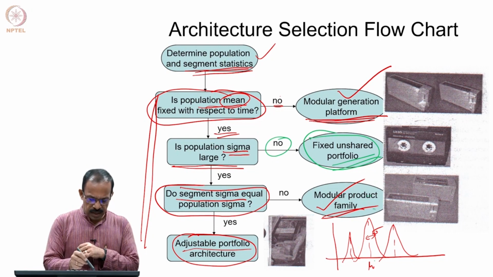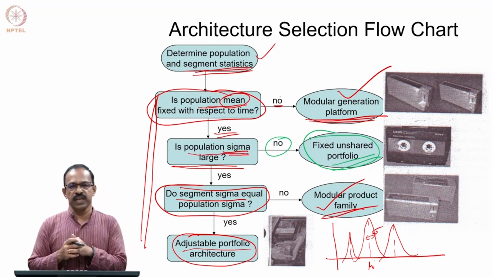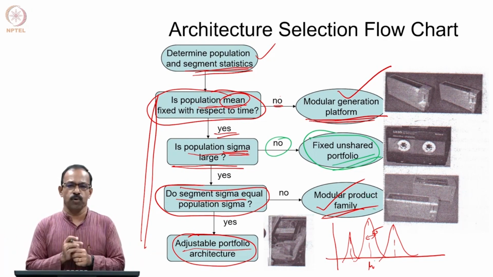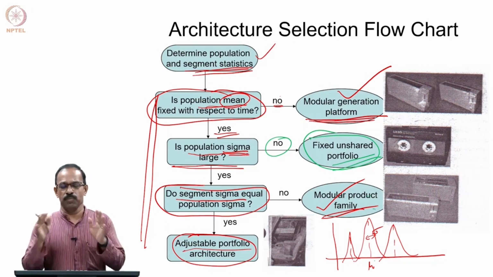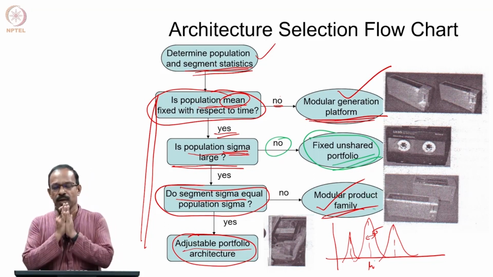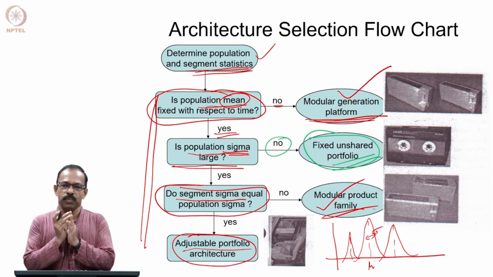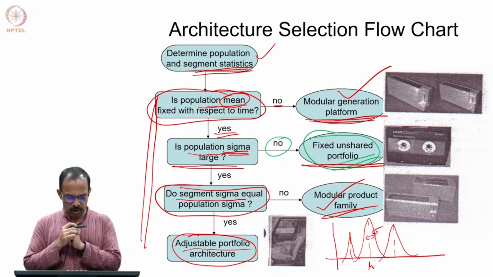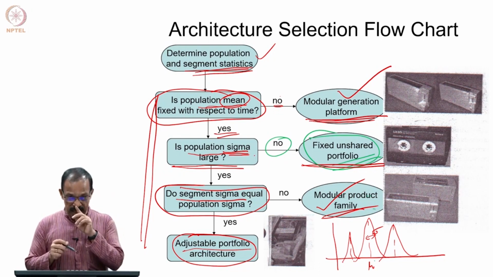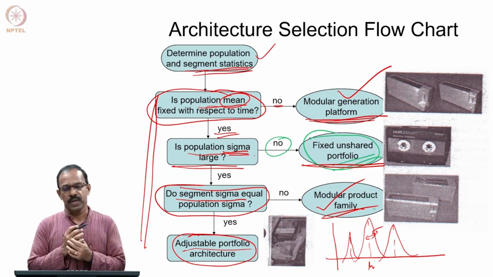Then we look at the population sigma. If the population sigma is very large, that means there is large variation within the population itself, then you cannot go for a single product. Or if the variation is very small, all the people or most of the people are looking for a particular feature or a particular value in that feature, then we can give them only one product, and that can be made in large numbers. So, then we will go for a fixed unshared portfolio. If the population sigma is very small, the variation is very small, then we go for